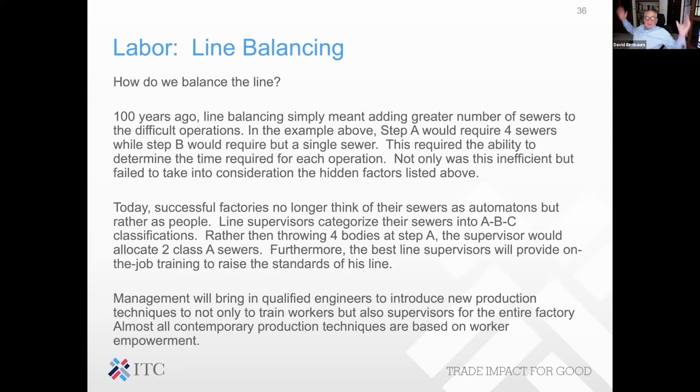Line balancing. 100 years ago, line balancing simply meant adding numbers of sewers to difficult operations. Step A required 4 sewers. Step B required a single sewer. This required no ability to determine the time required for each operation. It worked out